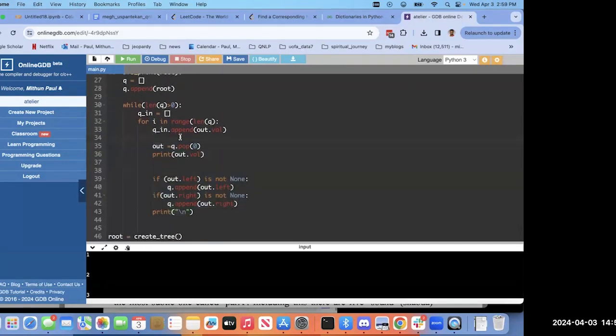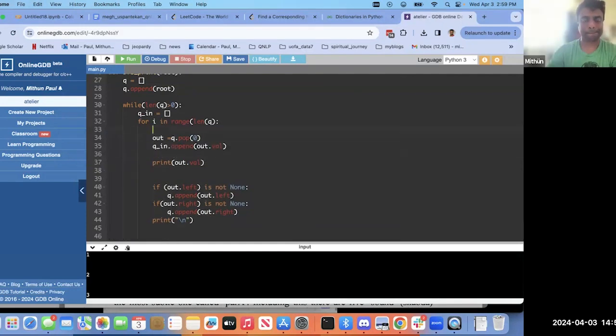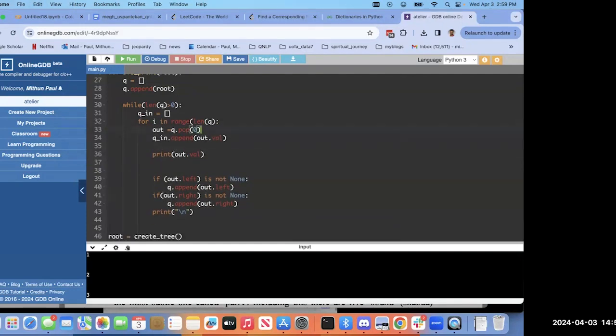Okay, and then after popping that element out, we will append it. I mean, out is not really accessible in line number 33. So yeah, sure, after that, and before exiting from the for loop, we will append